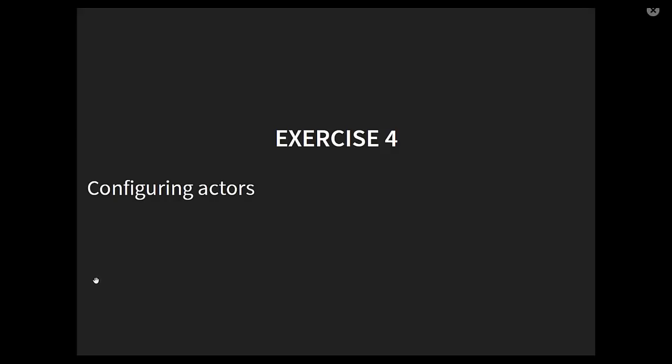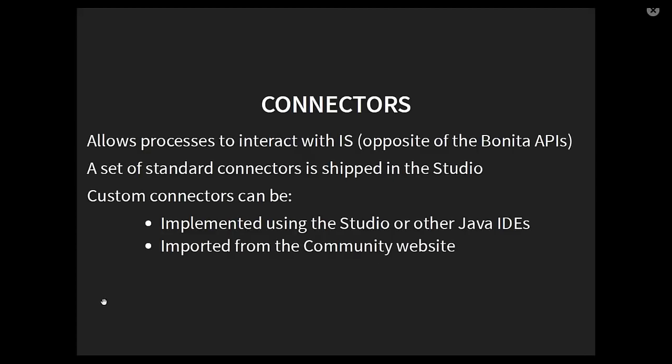But at some point, we want to make sure that the process is doing things automatically, and this will be mainly done by using connectors. When I say automatically, this could be basically to store some data or these kinds of things that are really specific to Bonita, so that's totally fine. But sometimes it's something that is completely not related to Bonita and that is not hosted by Bonita. So that's what we call the external systems. The external systems will be something that Bonita doesn't own, but needs to perform, to execute the process.